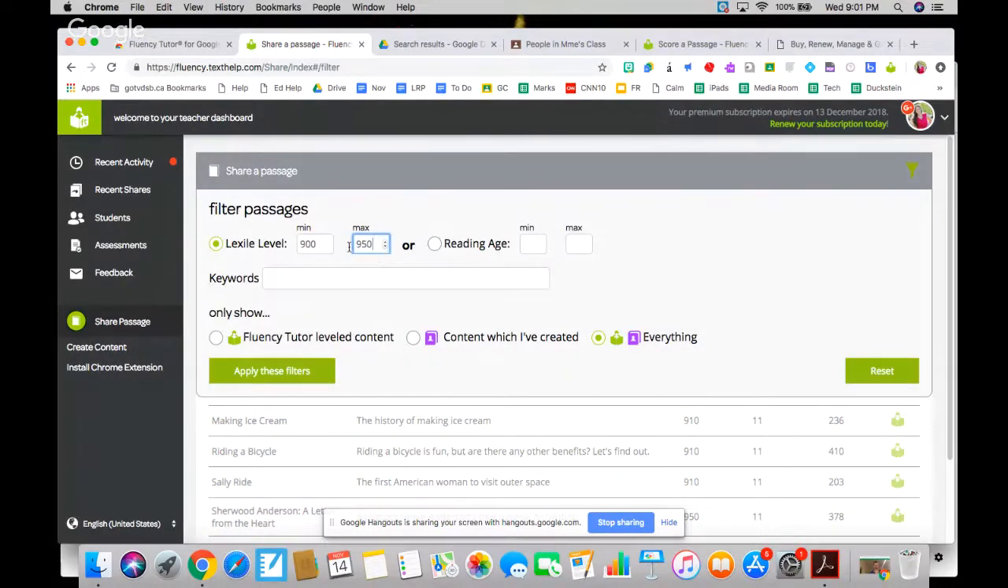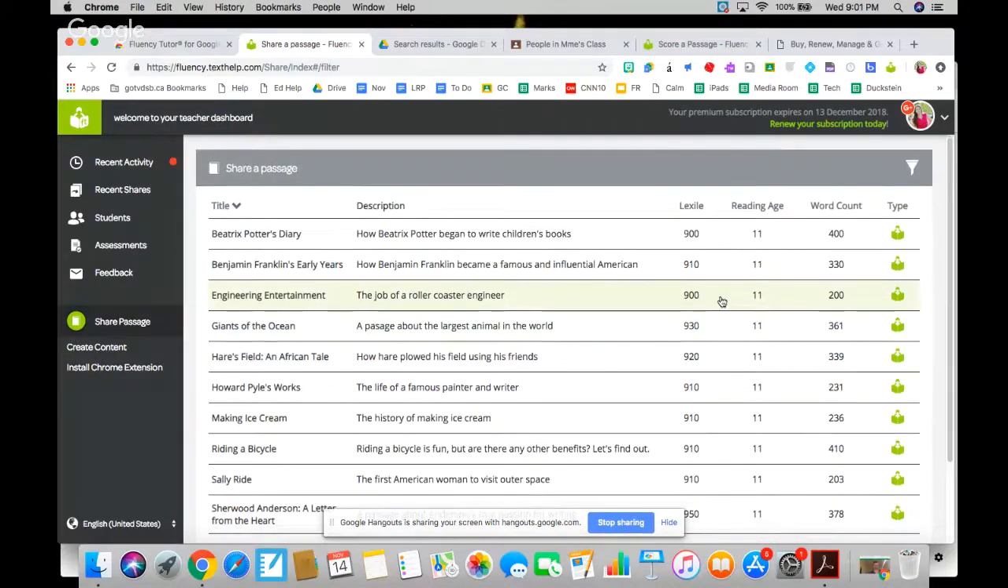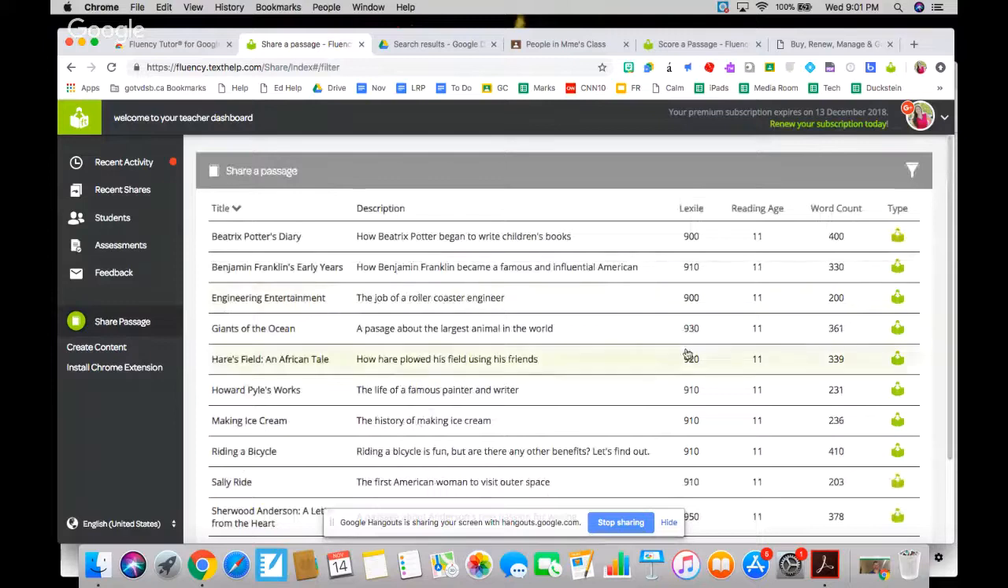And I've already put in, so you can search a minimum here and a maximum here for your Lexile level. So let's say I'm doing another one possibly for the end of the first term. So I might want to up it to a 900, or it depends sort of what you're going for and what your purpose is. You would press apply these filters, and you will see that you have a variety of